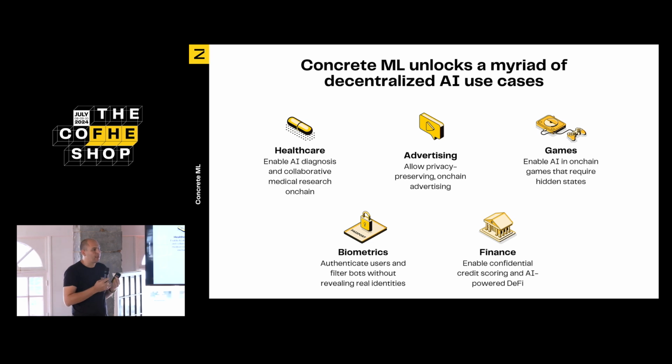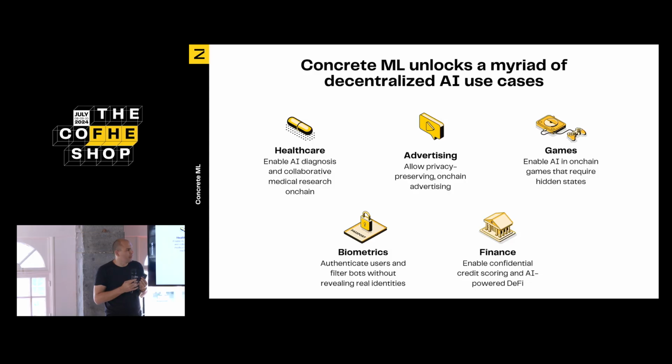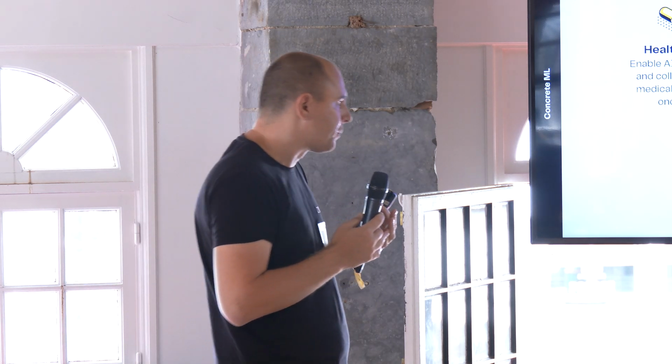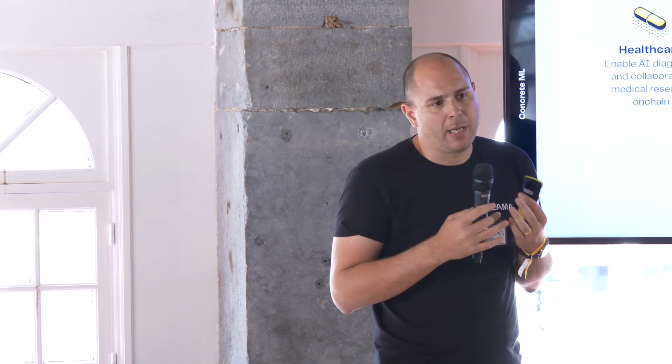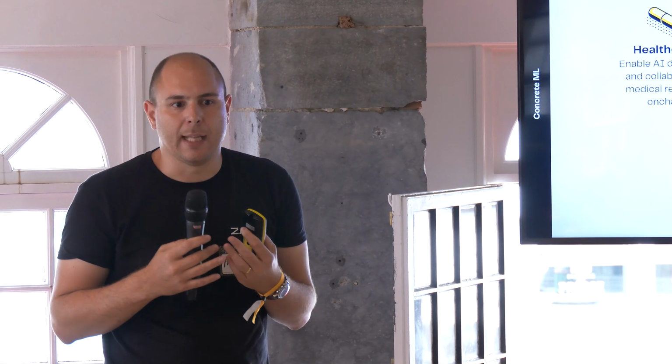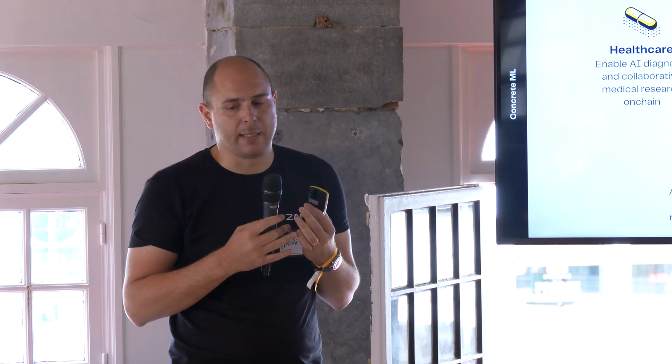Advertising, well, if you look at Web2 advertising, it's using third-party cookies, which have a terrible privacy record. And by moving these advertising services on chain, we can preserve privacy because we can store in an encrypted form all kinds of useful information such as purchase histories or user preferences, which can then be used to provide targeted ads. And all this is done securely without actually exposing the information because we're processing all this sensitive information in its encrypted form.